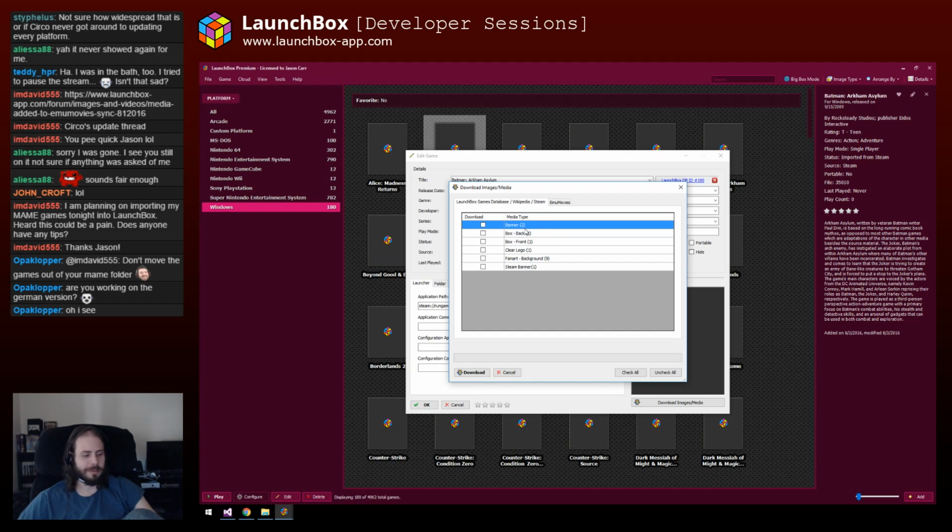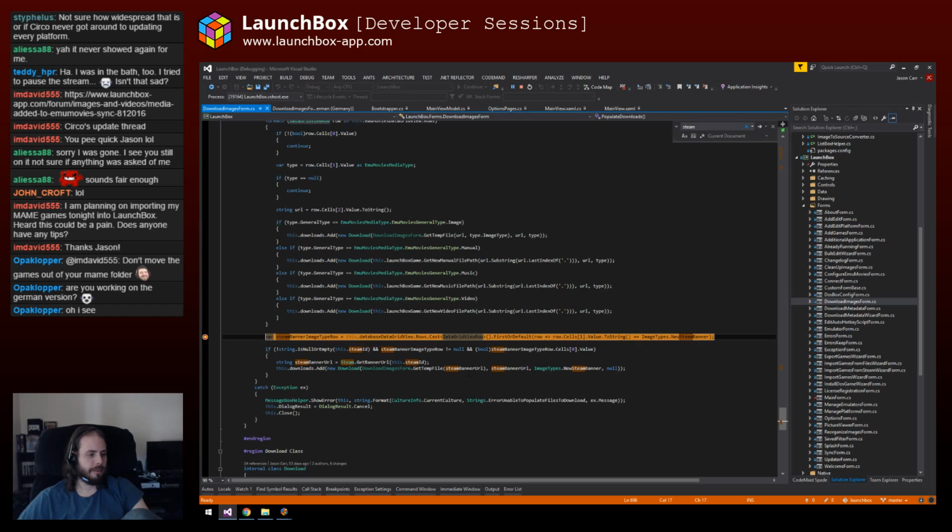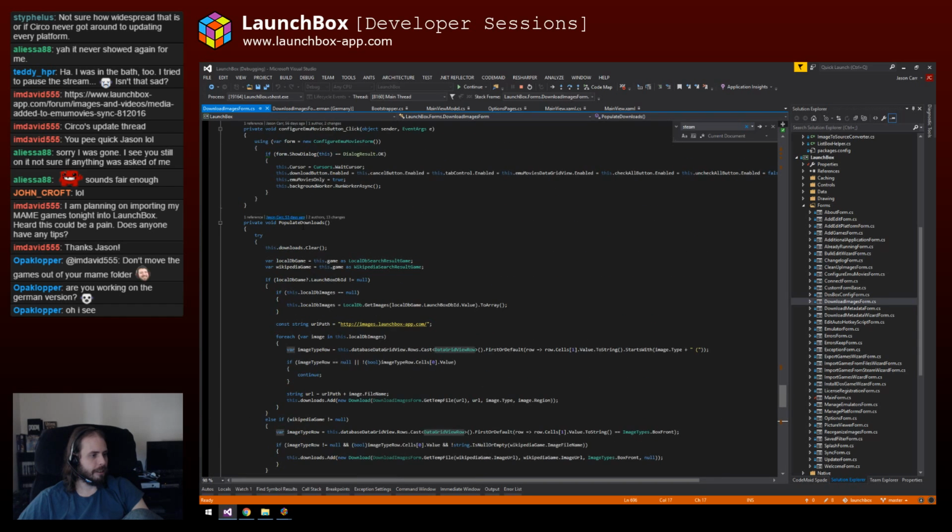But I'm going to have to do that now for the Italian translation and the Dutch translation too. But 4 hours is nothing compared to all the effort that you guys put in translating everything, so it's worth it. So we're going to select Steam Banner and click Download, and then it comes into Populate Downloads,